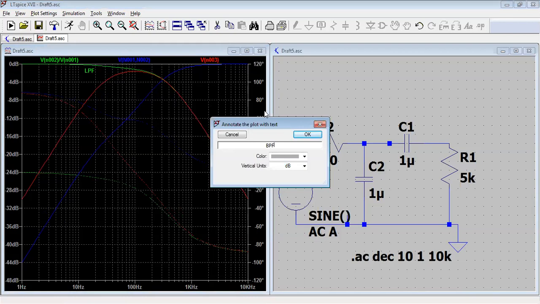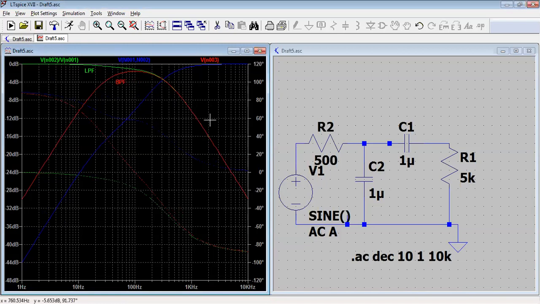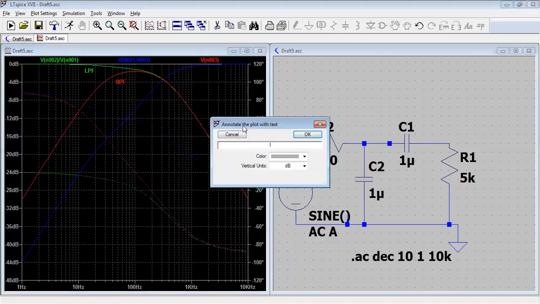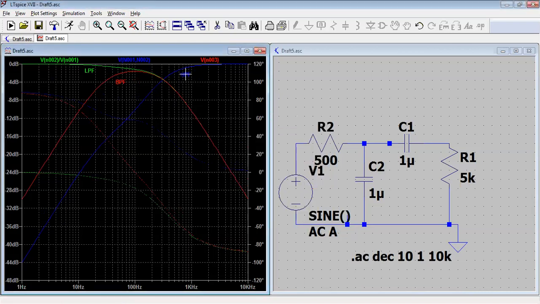Band pass filter. The red color one is your band pass filter. So this is your band pass filter. And let me draw another text. This is the high pass filter. The blue one is your high pass filter. Okay. So these are the three filters you are able to see in this particular graph.